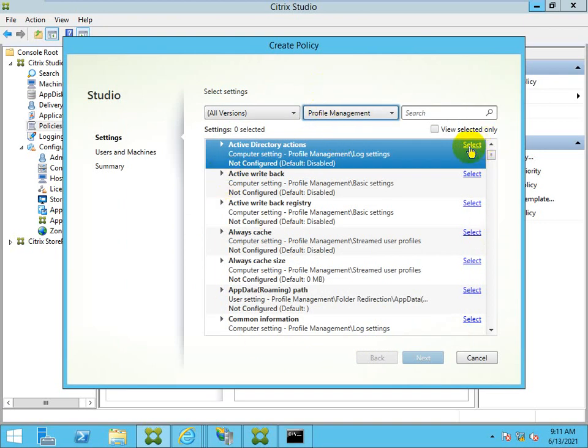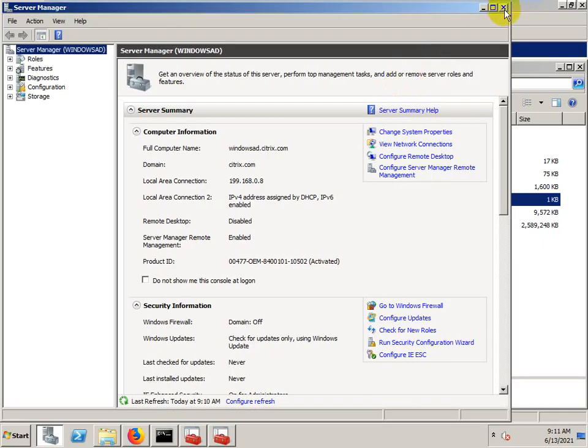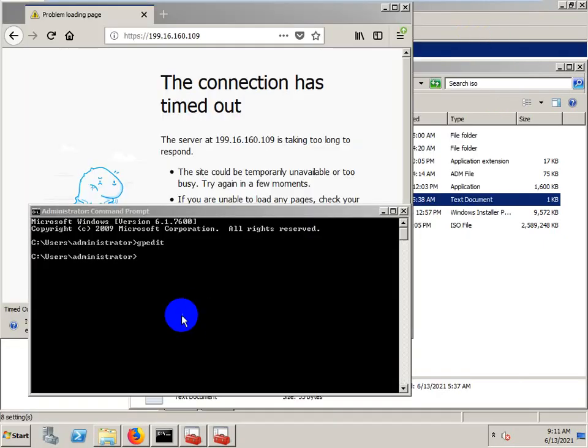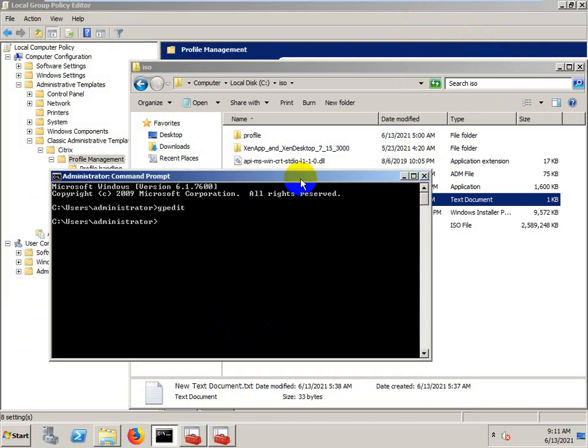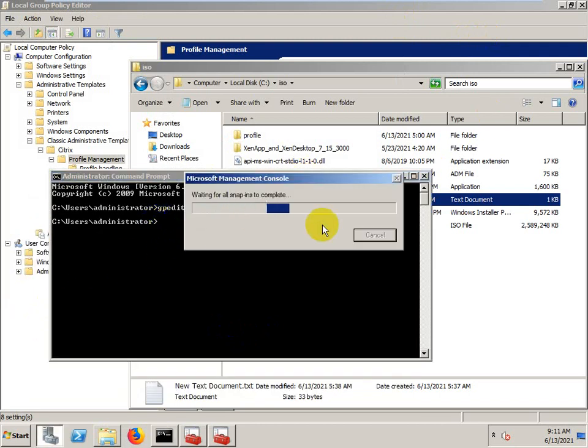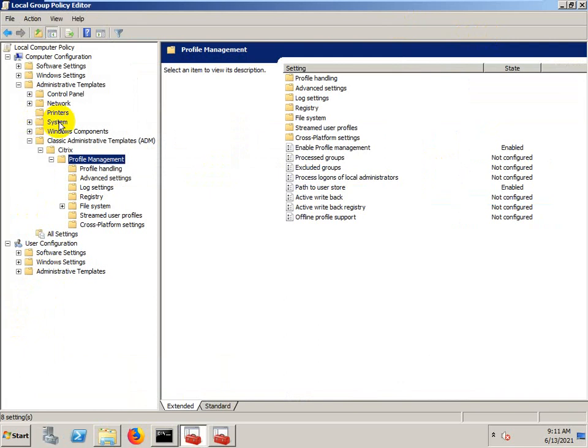Also, we can apply policies from Windows. To apply this from Windows, the option is to go to gpedit.msc, the group policy editor. Once you run this command gpedit, you will directly jump to the group policy editor.